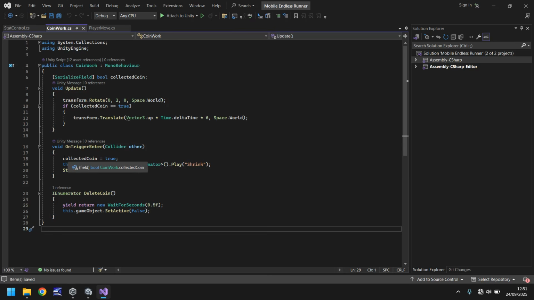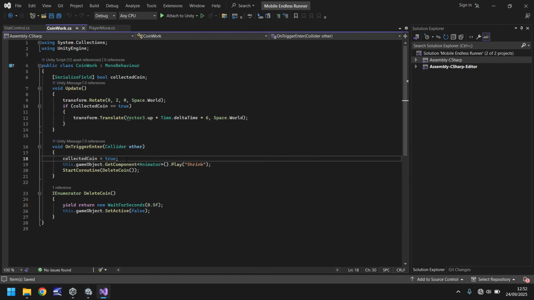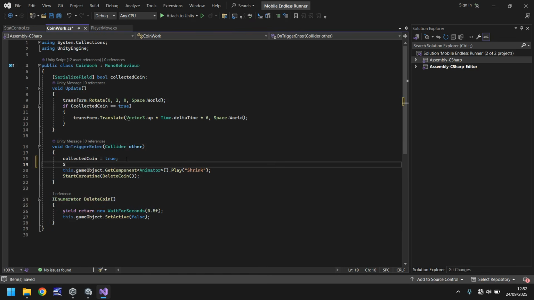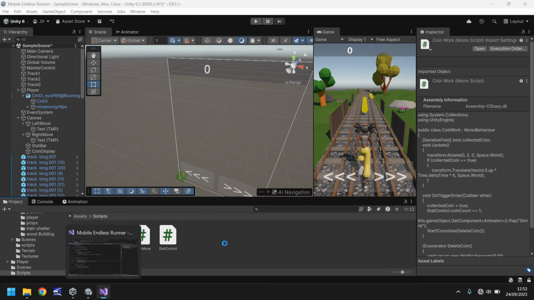So where we have collected coin equals true, let's go below that and let's say stat control dot coin count plus equals 1, semicolon, and save. So what that will do is when this line of code runs, it will seek out this script, stat control, it will access the coin count variable, and it will add 1 to whatever it is currently equal to. So let's say we've got 10 coins in a level, it'll just add 1 each and every time. So if we go back into Unity,